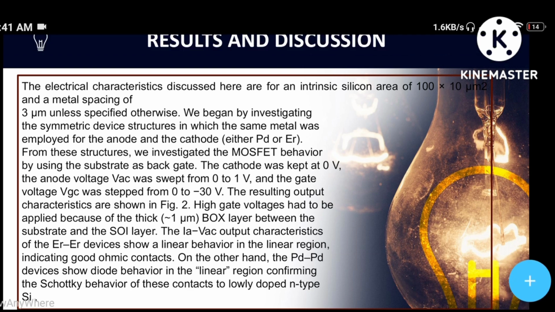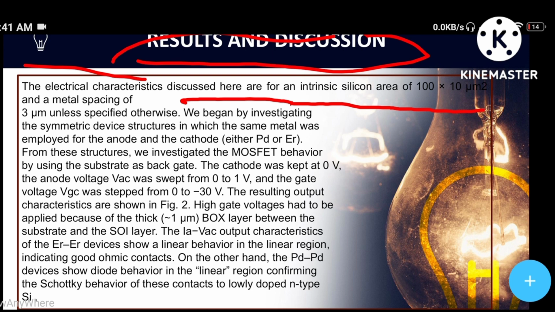Now let us see the results in the discussion here. The electrical characteristics discussed here are for the intrinsic silicon area of 100 by 10 nanometer square, so remember this value, and a metal spacing of 3 nanometer unless specified otherwise. We began by investigating the symmetrical device